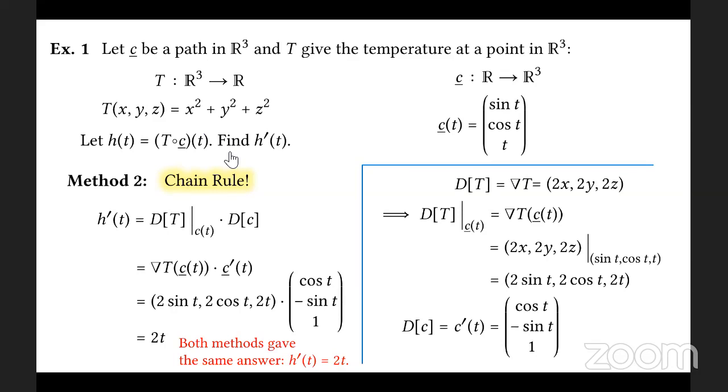We get 2t, right? So the chain rule here says that the derivative of h is the derivative of the outer, evaluated at the inner, times the derivative of the inner, right? That's it. That's what the chain rule says in Calc 1, Calc 2, Calc 3, and we just put in what each derivative is for each of those functions. So we get